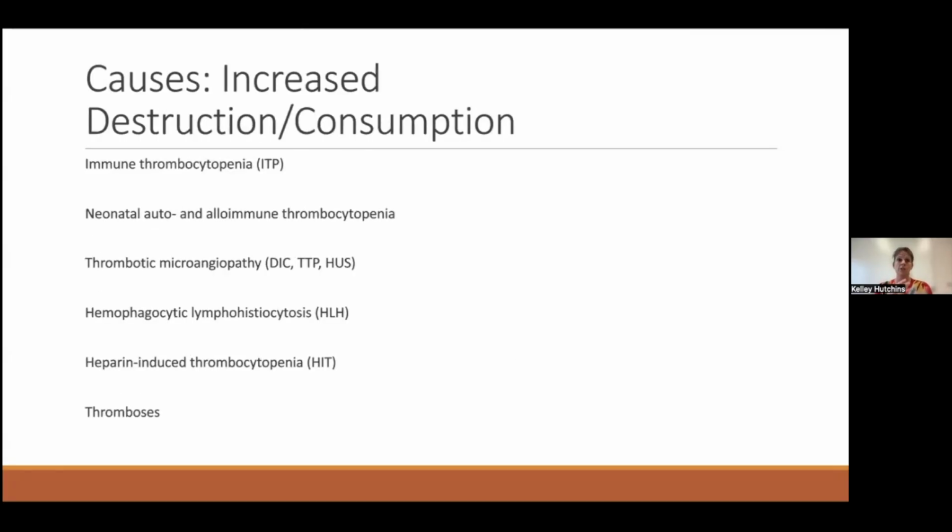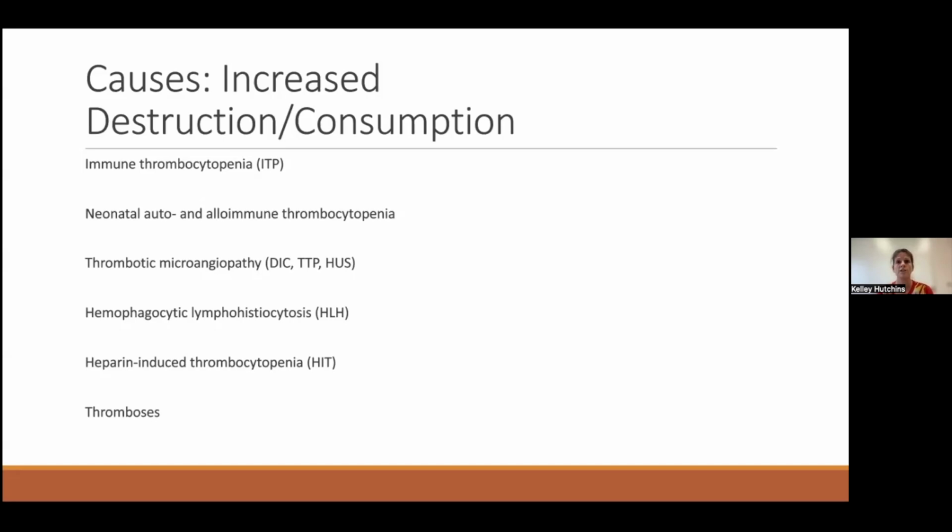Another broad category of etiologies is increased destruction or consumption. A lot of these are your three-letter conditions, which is a way to remember them. ITP, immune thrombocytopenia, I'll get into more detail because this is actually quite common. Neonatal auto and alloimmune thrombocytopenia, so your NAIT. Then thrombotic microangiopathy, so DIC, TTP, and hemolytic uremic syndrome,